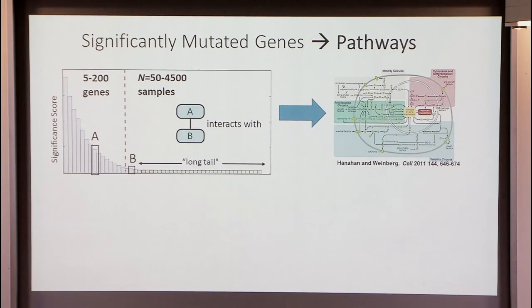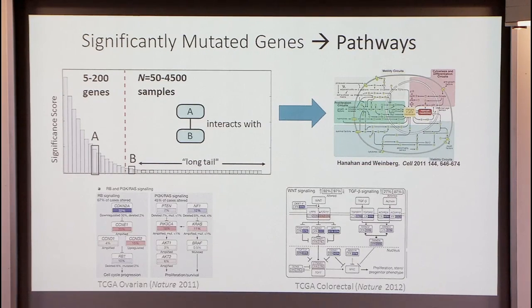So instead of analyzing one gene at a time, maybe we should try to analyze in these pathways or circuits and look for clustering of genes. Some of the cancer sequencing approaches have done this, and they draw these nice pictures that show you the clustering of mutations in particular signaling pathways. You'll see things like RB signaling, with 67% of the cases mutated in this ovarian cancer data set. There's no single gene mutated in more than 50% here, et cetera. These are pictures that illustrate this clustering phenomenon, but they don't actually show you anything new. There's no p-value associated with this picture, no statistical significance.